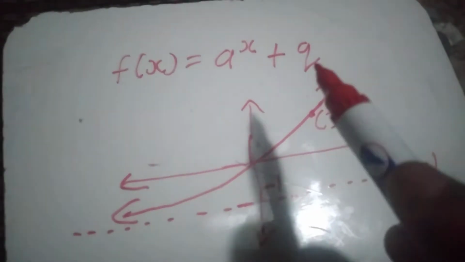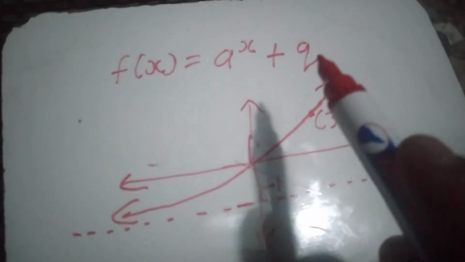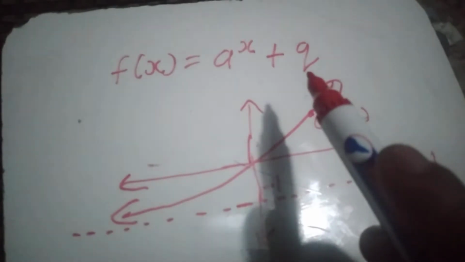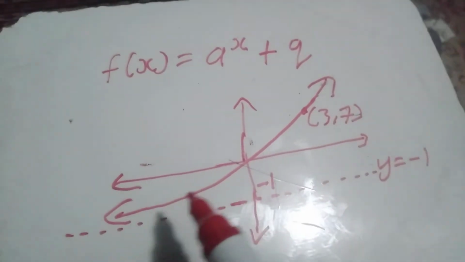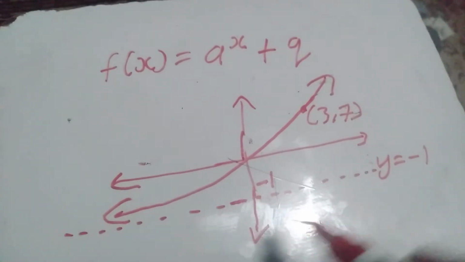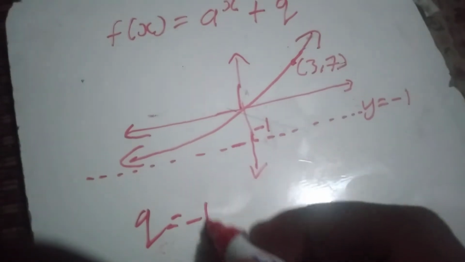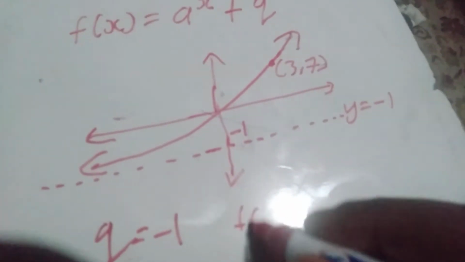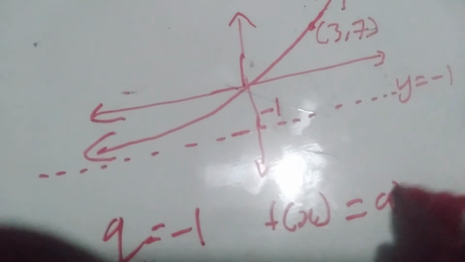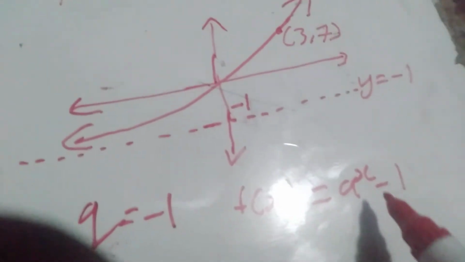All you have to do is to find q first, and we know that q is the horizontal asymptote. And if we look at this, an asymptote is a line that the graph approaches but will never touch. So it is negative 1. So it means q is equal to negative 1. And then now we need to find a. So basically we have f(x) equals a^x minus 1, since we found our q,